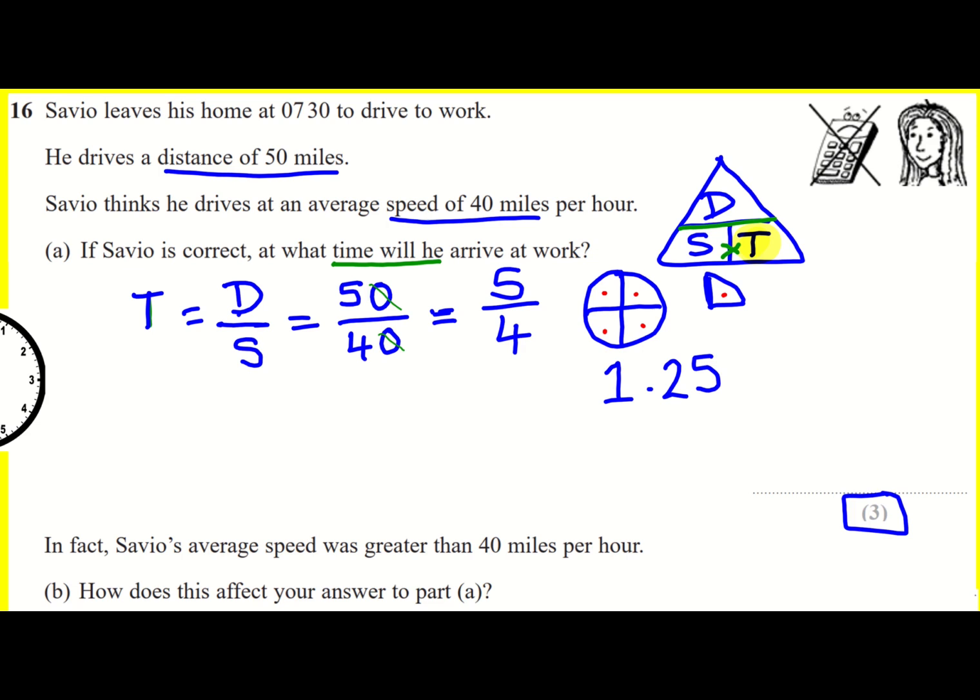And a quarter, I'll just write it over here, 1 quarter as a decimal is 0.25. Hopefully you know that. So 5 quarters is 1.25. So the time taken is as a decimal 1.25, but we need to think about this in terms of a clock. So if you think actually at my diagram here, I'll go over in green, that is an hour and a quarter,